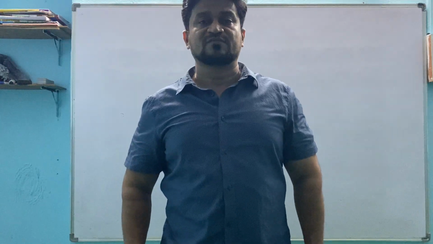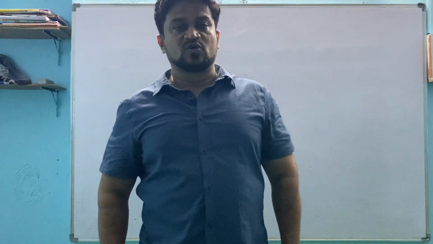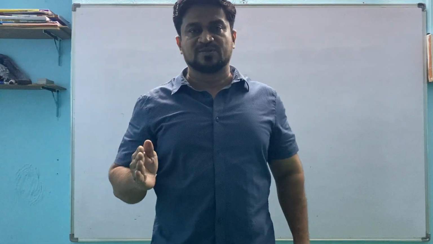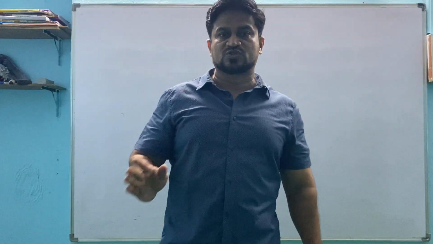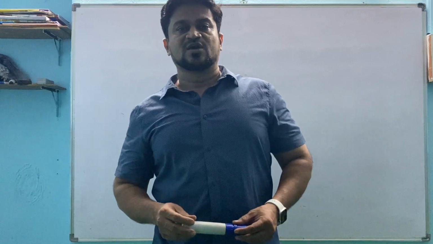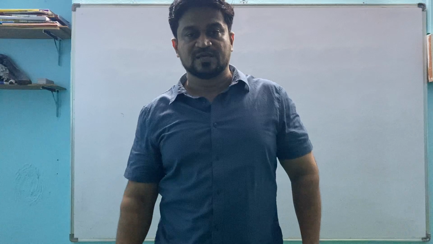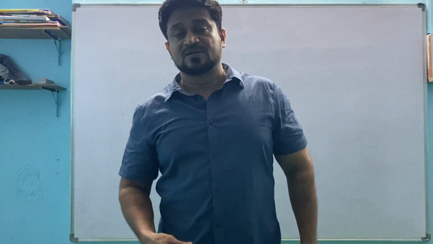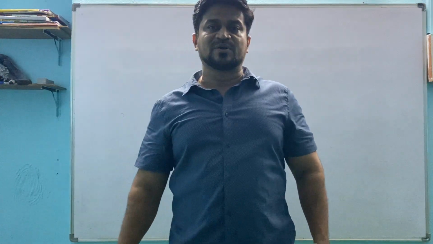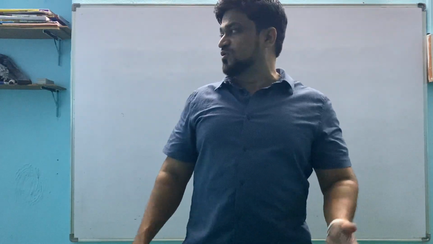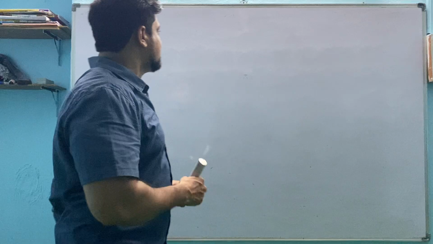For type 2, what we have? a sin x plus b cos x by c sin x. That means sin and cos terms in the numerator as well as sin and cos terms in the denominator, without constants and without squares. For that, we have the working rule: the numerator equals a into d by dx of denominator plus b. Whereas in the third type, we have the same as the second type, but we have constants in that one. So you have to be perfect in all the types. Then we can move to type 4.